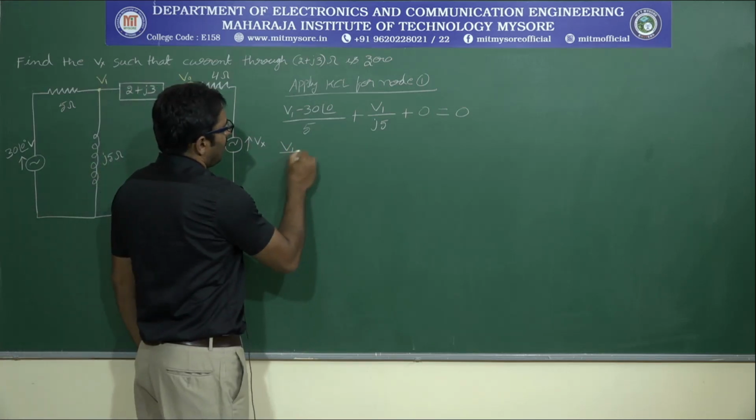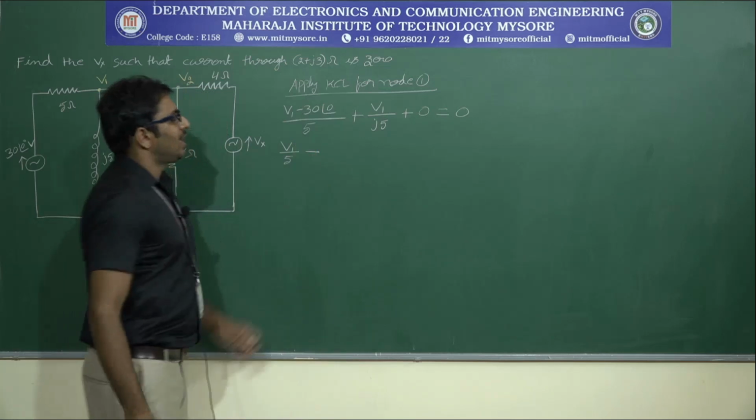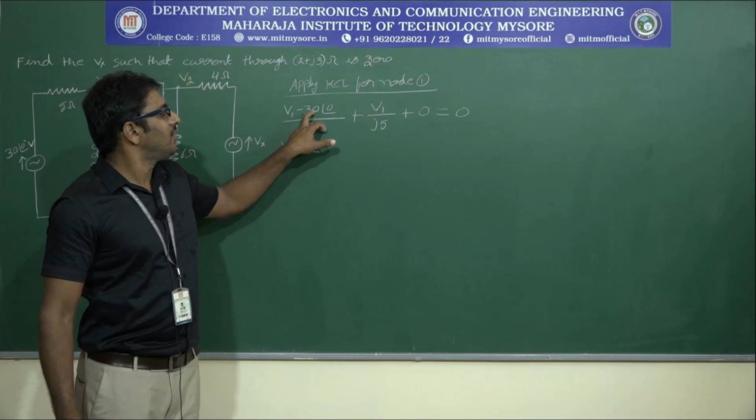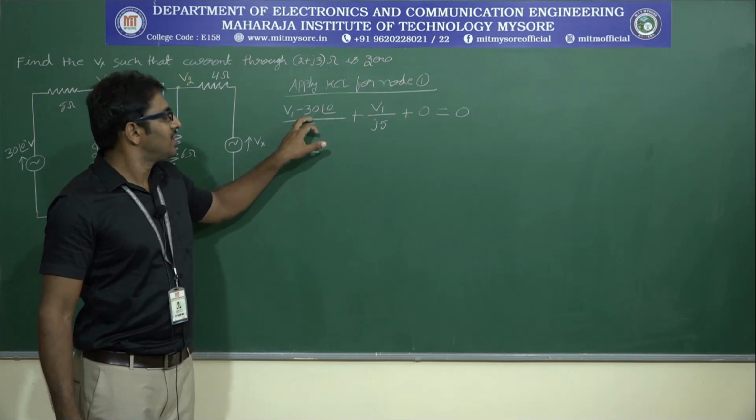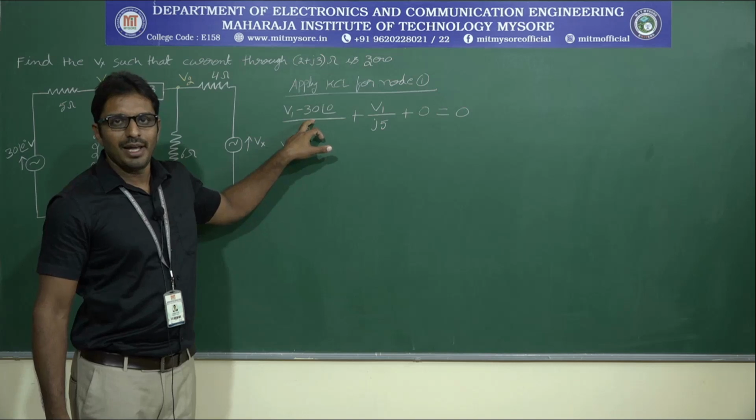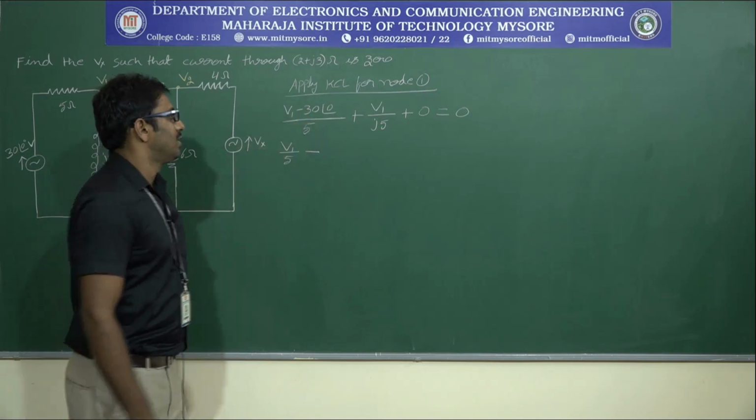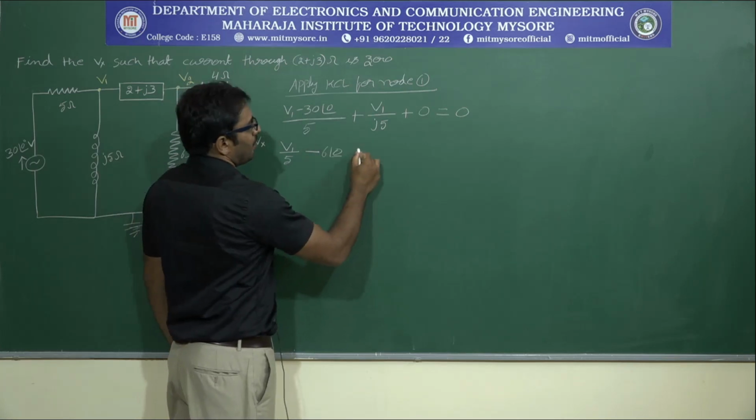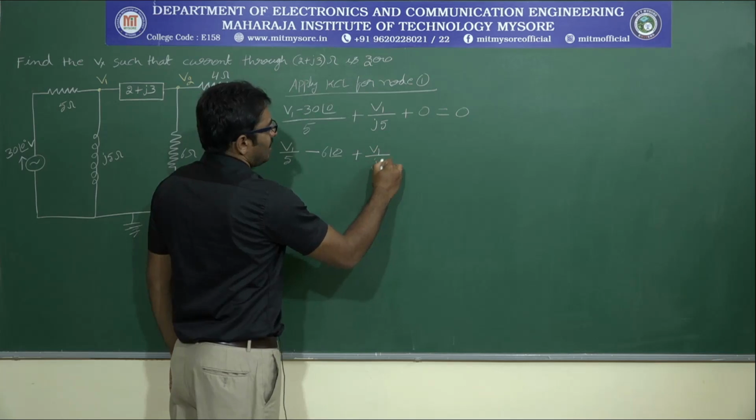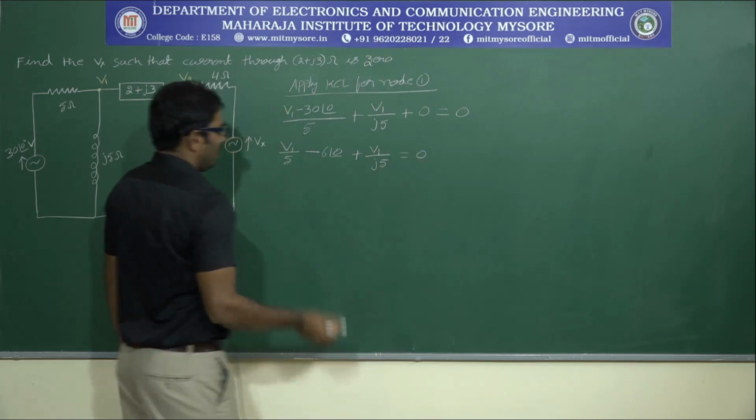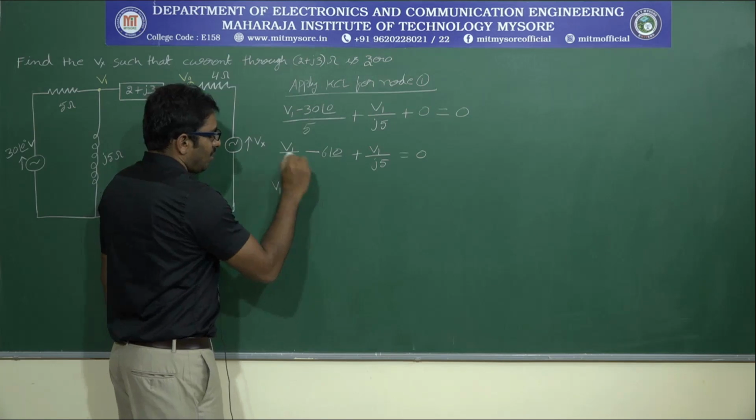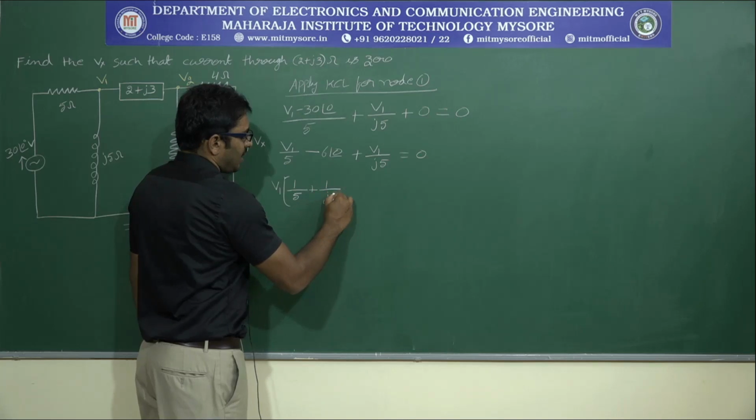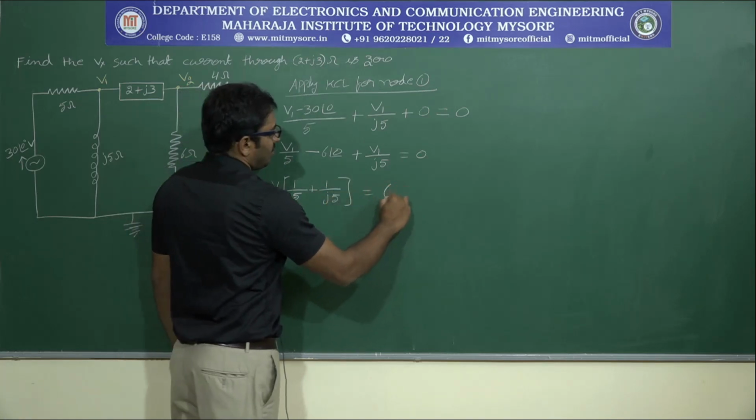V1 by 5 minus 30 at an angle 0 by 5. Say this value in the polar form. This is the magnitude and this is the phase angle. In the division case, we can divide magnitude by magnitude. So 30 by 5, 6 at an angle 0, plus V1 by J5 is equal to 0. Next, V1 as a common factor: 1 by 5 plus 1 by J5 is equal to 6